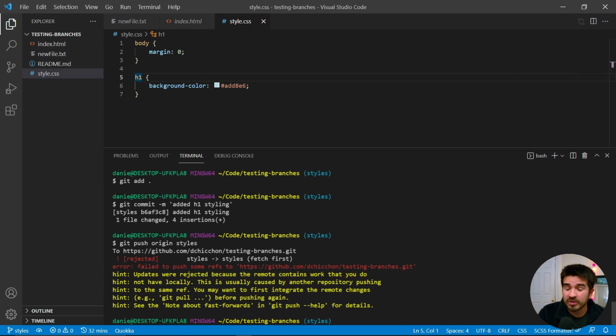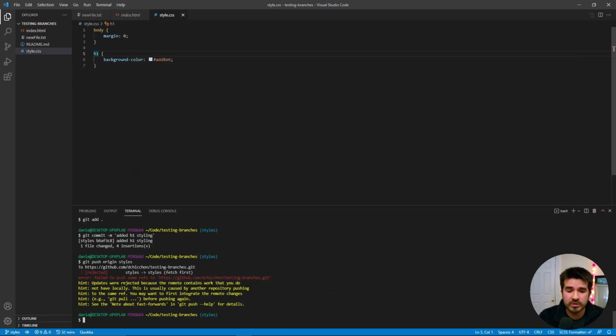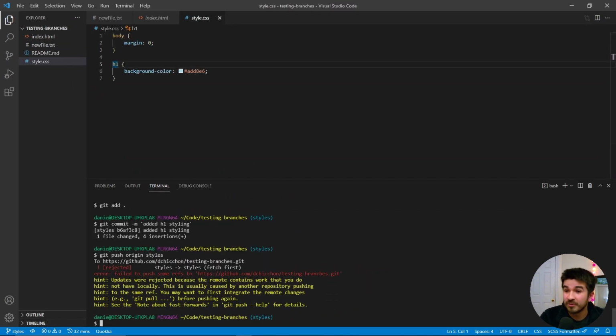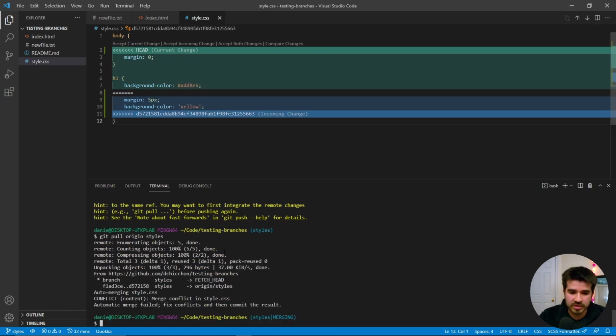So because this remote contains work, you should do a git pull. See what happens. So it's like, okay, I'm going to go ahead and do a git pull. Hopefully you can read this. I'm going to do a git pull origin styles. I'm doing this because I'm thinking, okay, what's the issue here? It told me to do a git pull, so I'm going to say git pull origin styles, and it's going to say,